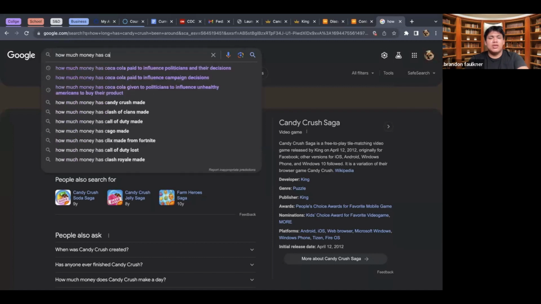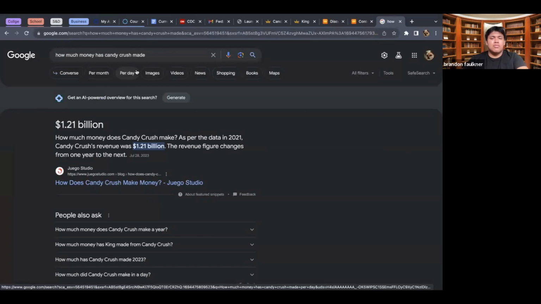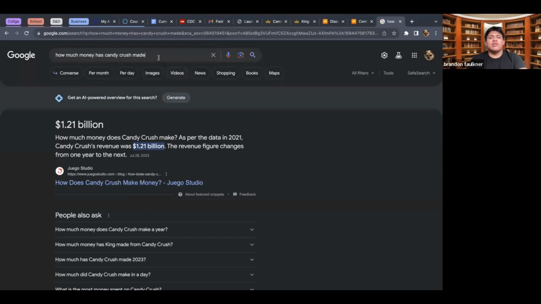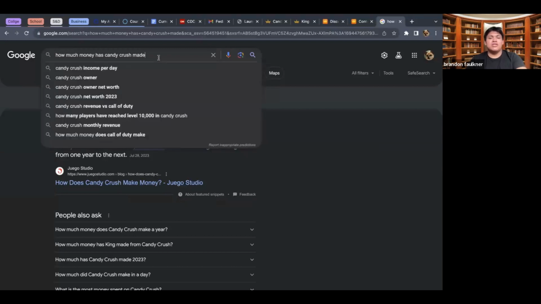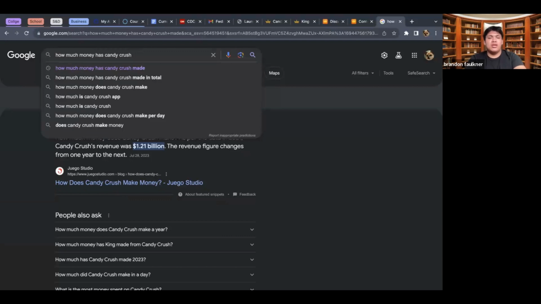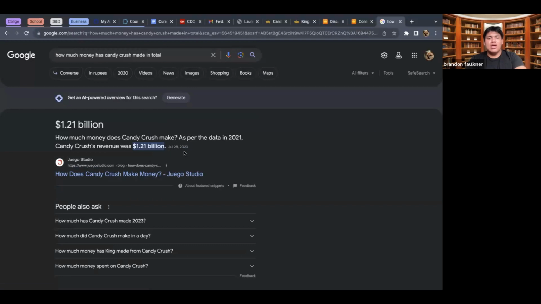So as of 2021, Candy Crush's revenue was $1.21 billion, which is an insane amount of money for just a mobile game. It's quite literally just a mobile game, and making $1.21 billion is astonishing, honestly.